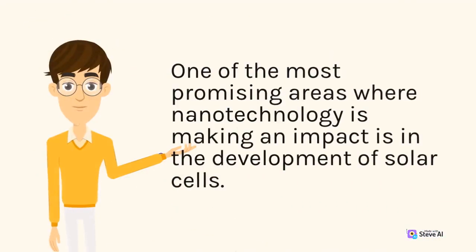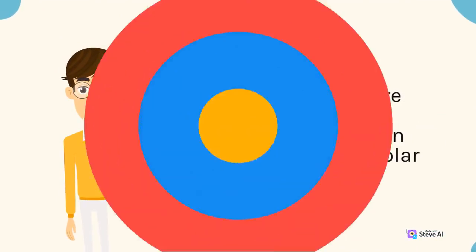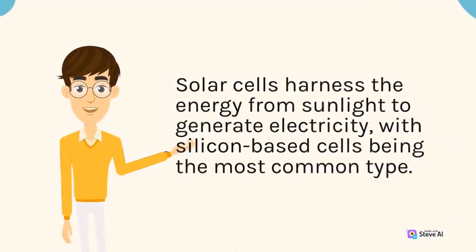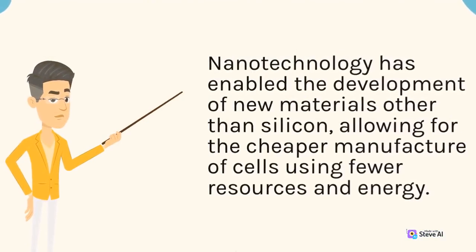One of the most promising areas where nanotechnology is making an impact is in the development of solar cells. Solar cells harness the energy from sunlight to generate electricity, with silicon-based cells being the most common type. Nanotechnology has enabled the development of new materials other than silicon, allowing for the cheaper manufacture of cells using fewer